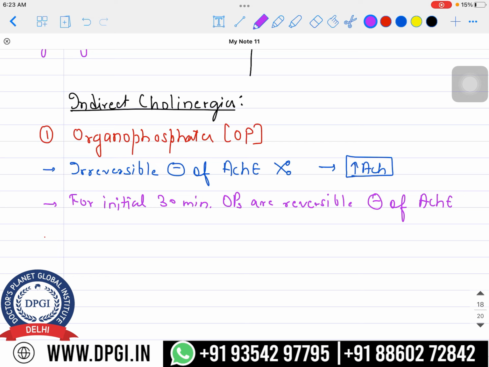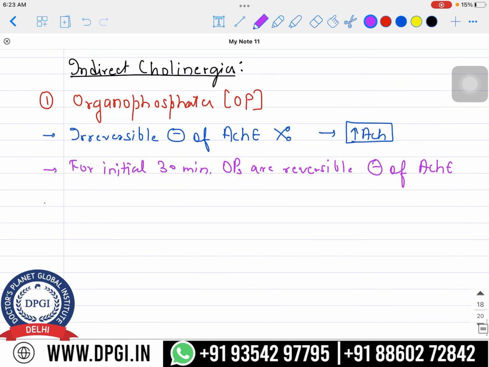So we have only that initial 30 minute period, but obviously if the patient is not able to come to the hospital in time, which usually happens, since 30 minutes is a very short duration, then you can't do much in these cases. Or you take some time to make the diagnosis, and these things cause delay. So organophosphate poisoning is the major issue here, if a patient comes in with organophosphate poisoning, right?